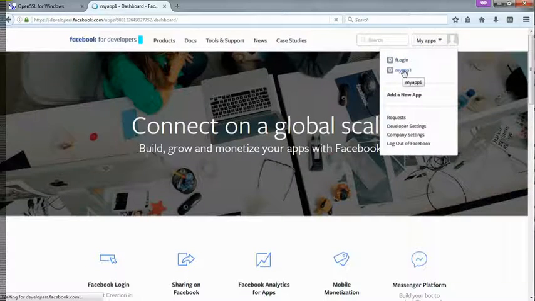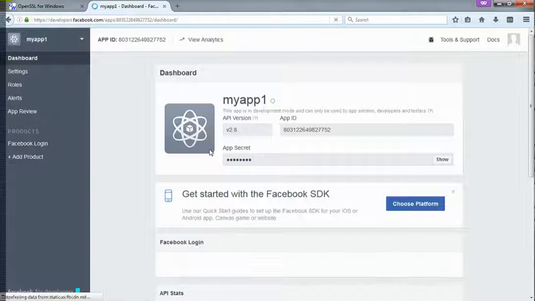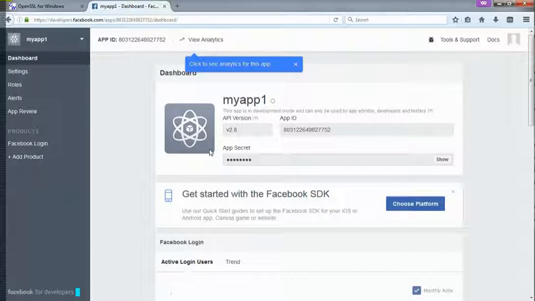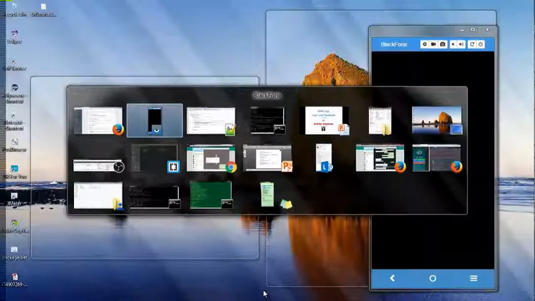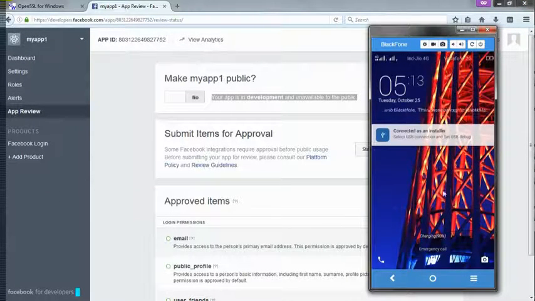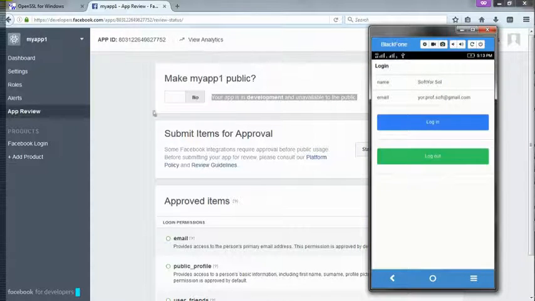Okay, so this is a new app we have created. For the first time you create a new app, you have to do an app review. This says that your app is in development and unavailable to the public. If you leave it like this, then you won't be able to log in like we have done here. So this will not work, so you have to make it yes,